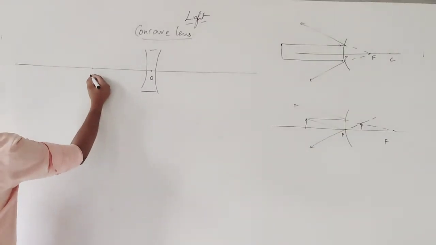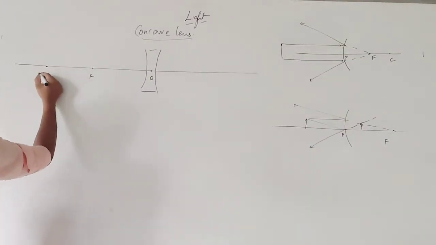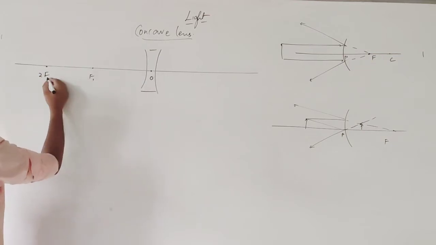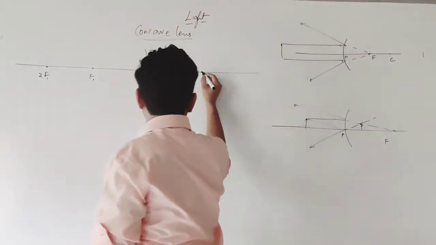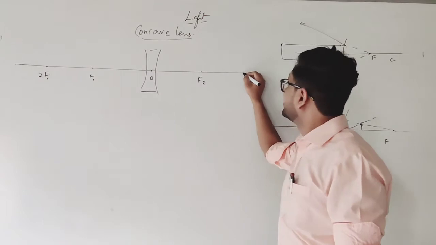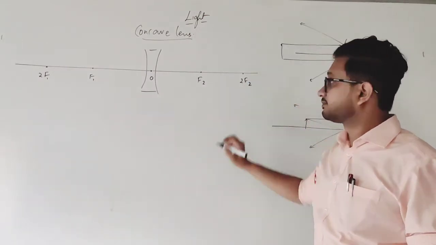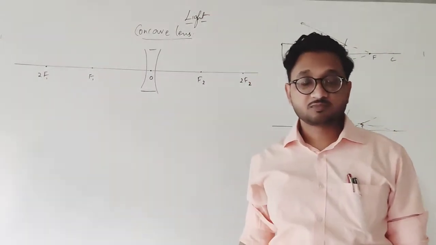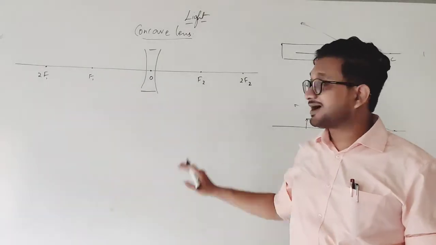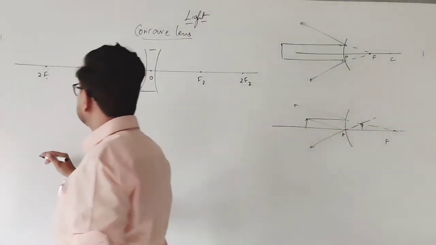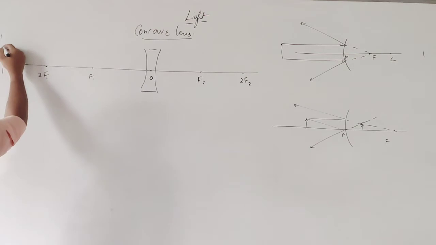Over here we have focus, and over here we have 2F, that is F1 and 2F1. On this side we have F2 and 2F2. However, we will not be requiring this part, because let's say that the object is at infinity over here like this,